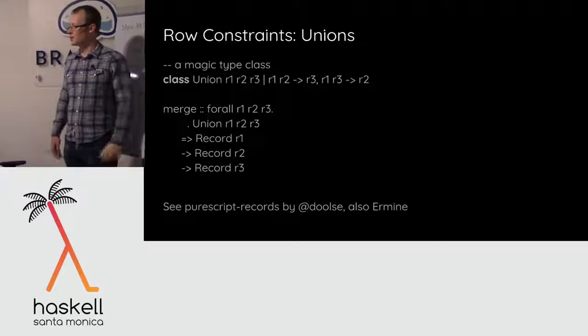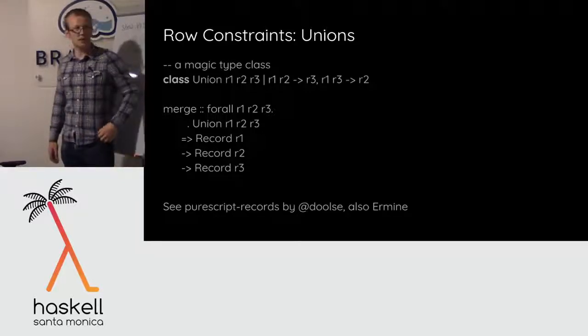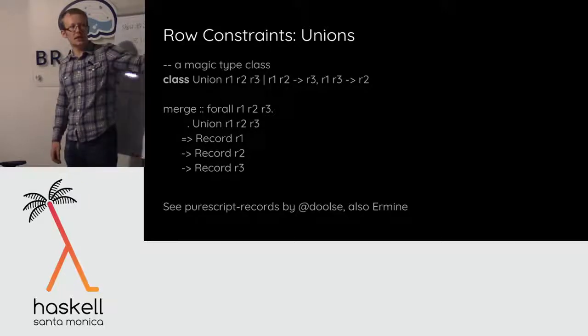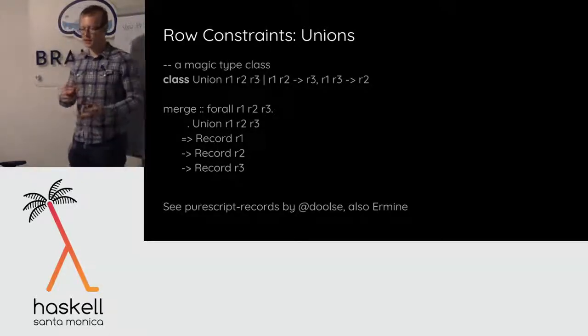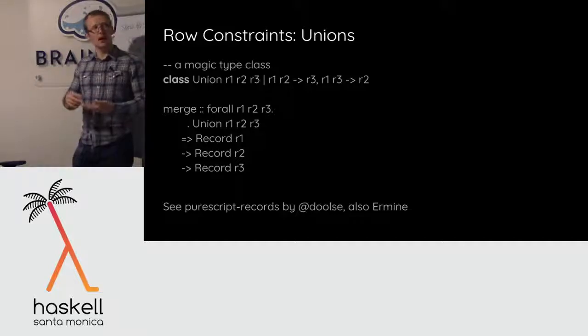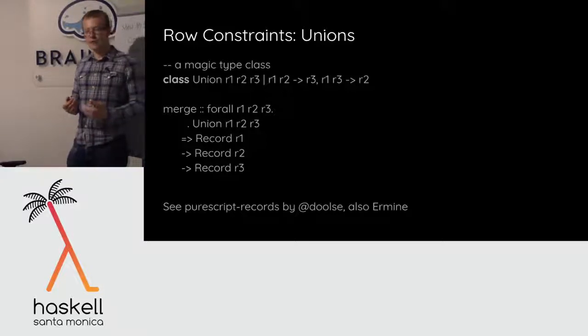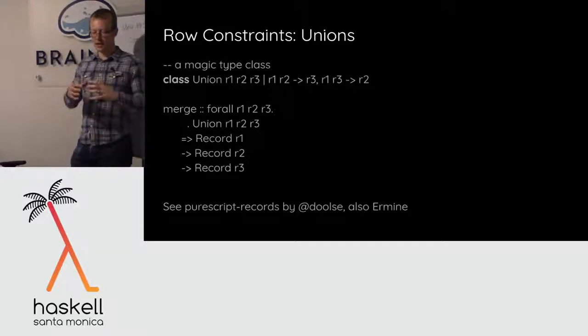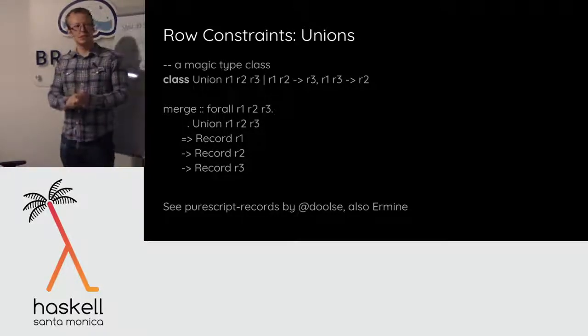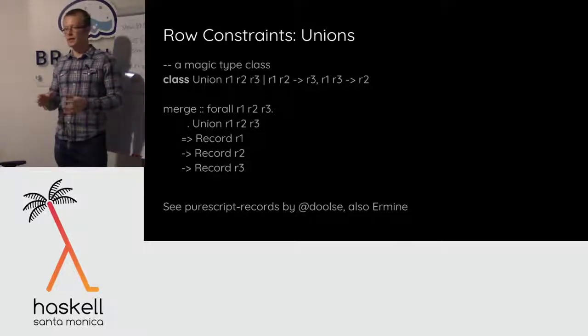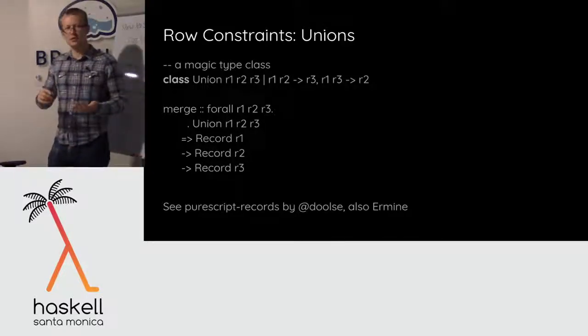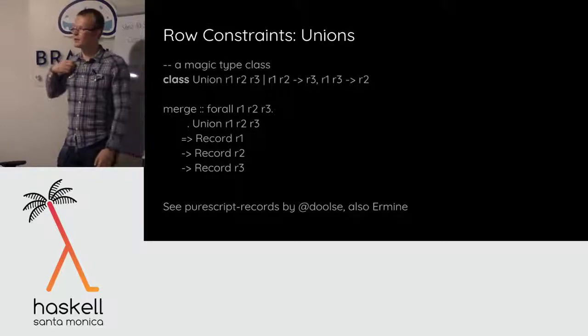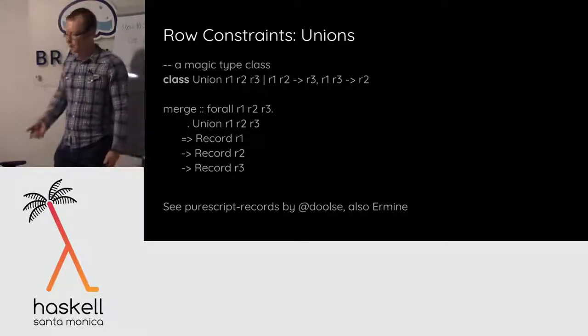Because when I union, I want to make sure I pick the right one, and I might have duplicates. Anyway, I just wanted to quickly say there's this idea that we can use functional dependencies and row polymorphism together to add these sort of magic type classes into the compiler, right? We can't write instances for rows, but we can automatically solve a small set of constraints on rows inside the compiler, and that gives us a small language for doing things that you might want to do on rows, like maps, zips, unions, intersections, and that's something that's in the works at the moment. So it gives us this nice type language for working with rows.